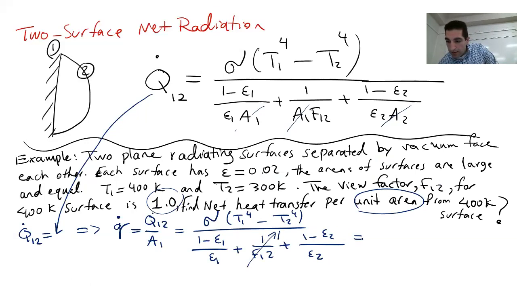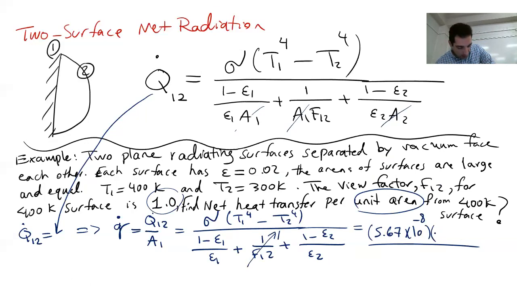So I can simplify this. You should have your calculator ready for this. Sigma is 5.67 times 10^-8, and the temperature of surface 1 is 400 Kelvin, so it's already in Kelvin. The temperature of surface 2 is 300 Kelvin, to the power of 4,